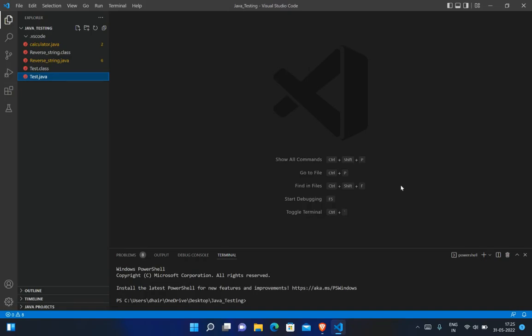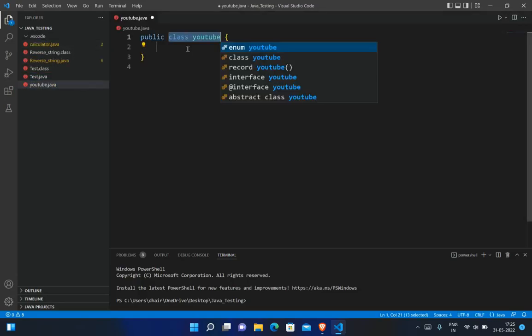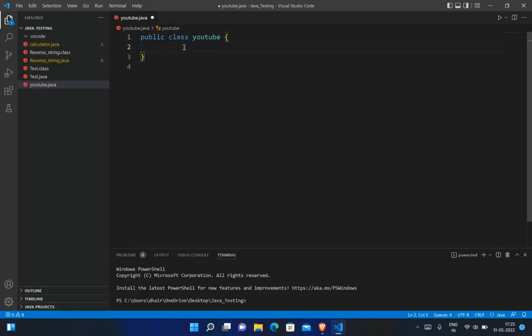I am using my favorite IDE, Visual Studio Code, and using the same folder I used for creating the calculator. So we will create a file named YouTube.java, or anything you want. The .java extension is important for creating Java files. Now we will press enter and it will automatically take public class YouTube, and then we will close this